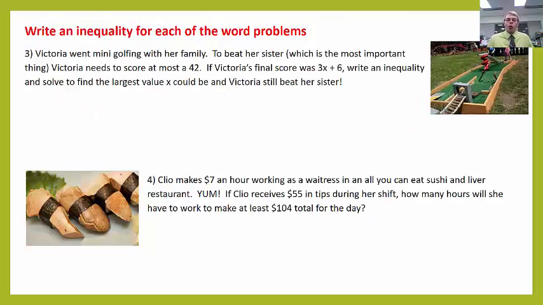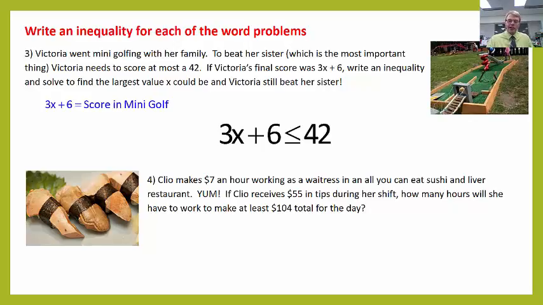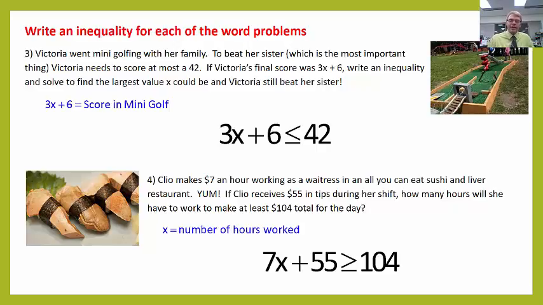Alright, so let's have 2 more here that you try on your own. So we want you to pause the video and then see if you can come up with an inequality that would represent both of these situations and answer the question. Ready, pause. Alright, let's see how you did. Did we get 3x plus 6 is less than or equal to 42, and 7x plus 55 is greater than or equal to 104? Hopefully you did. One last time, if you didn't and you're not sure why, write it down, come to class, and we'll talk